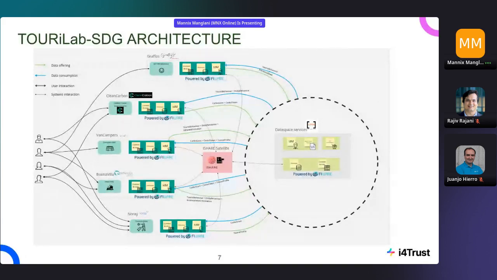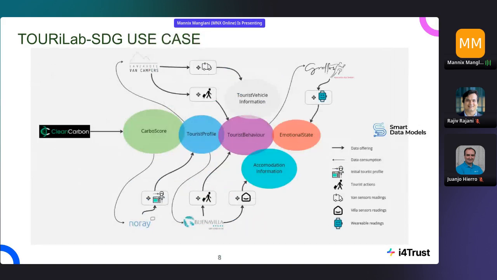So here it's about how we share the data, but mainly this is the use case that we have provided for this experiment, in which, as I said before, we will use this Carbo score, a sustainability score for both companies and tourists, that will be used to enhance the tourist profile from Norai. And afterwards, that tourist profile can be used by the end consumers, such as Van Campers, Buenavilla, and